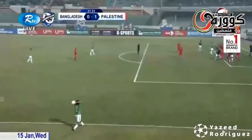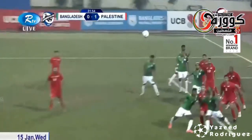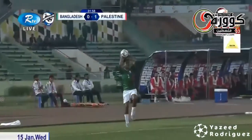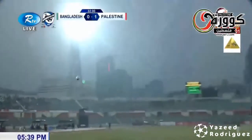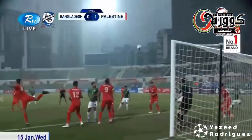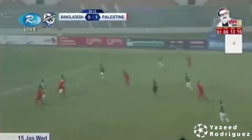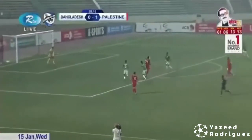And this is exactly what we talk about with that delivery. This isn't even an attacker that gets a touch to it. The defender tries to clear it, knocks it on. And that's a miss he'll be thinking about tonight for sure. That was a gaping goal, wasn't it? Topu Barman. The threats that Palestine carry. Up until this point, it's been very, very...